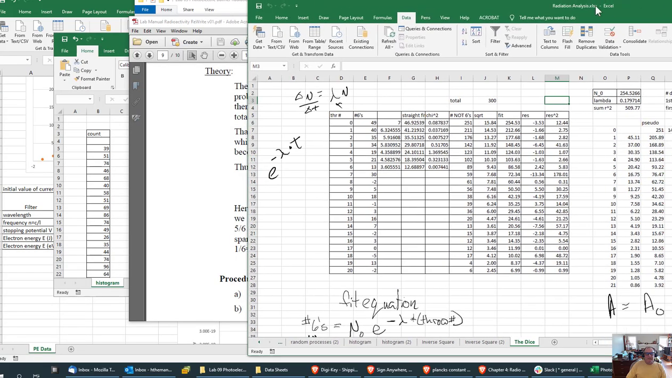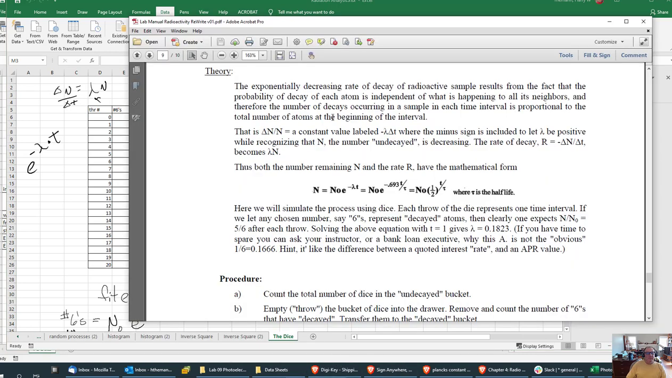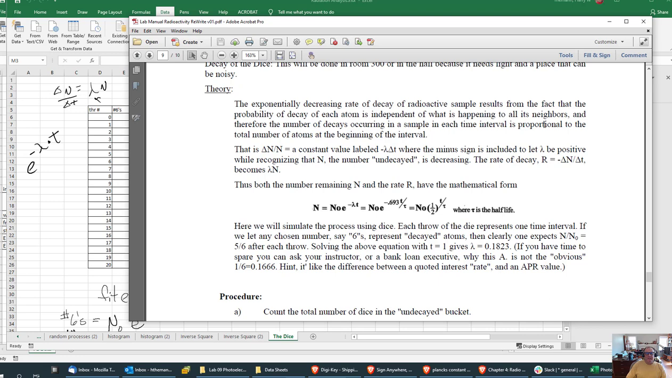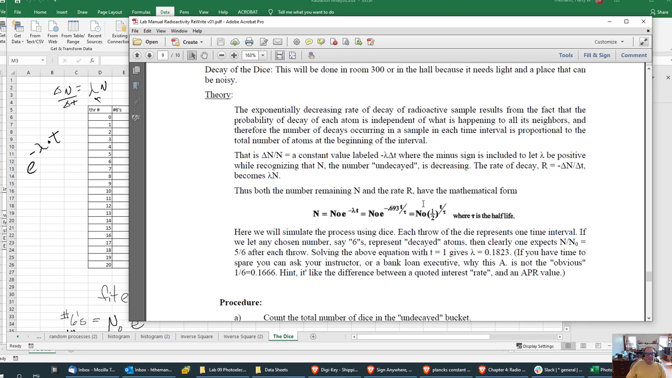Okay, guys, final stretch here. So we're looking at finding the decay constant and the half-life. And at the end of the day here,